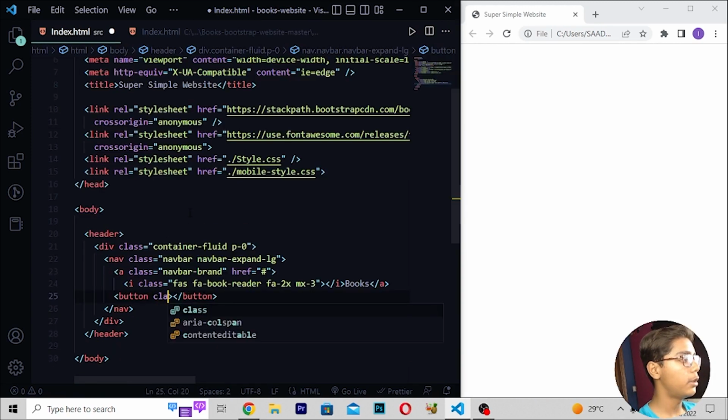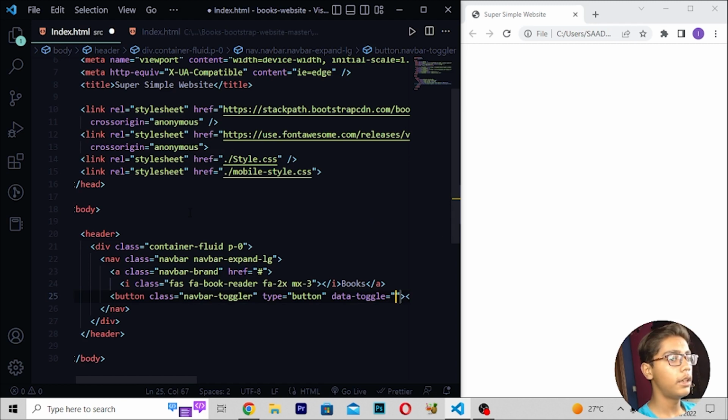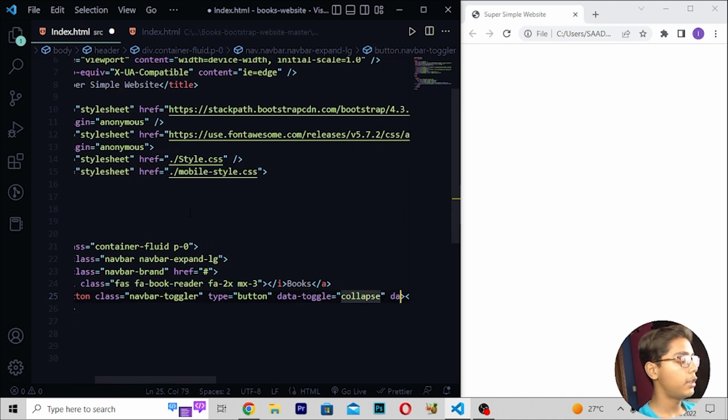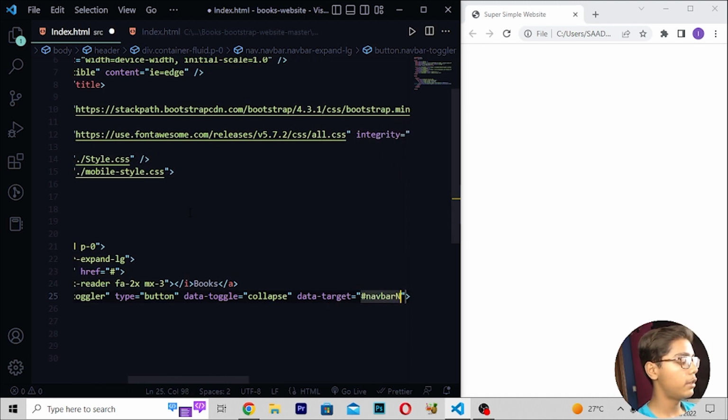I will now write here navbar-toggler, like this. Then I will write type equals button. Then you have to write data-toggle, and then collapse. Then data-target equals navbar-nav.